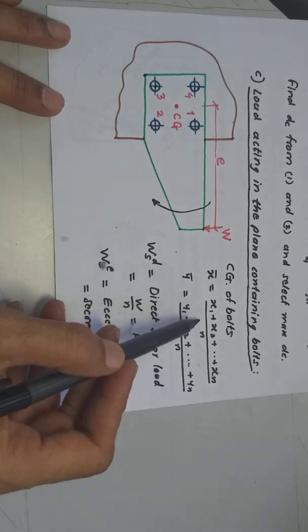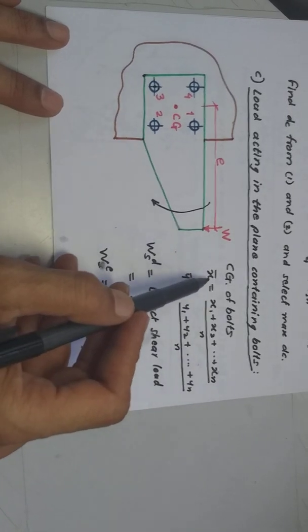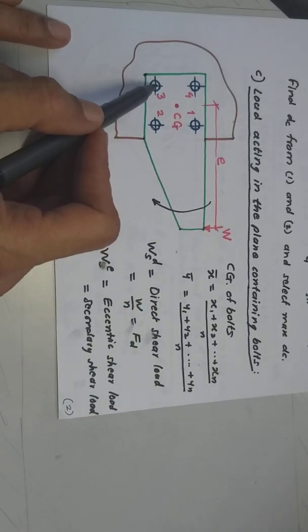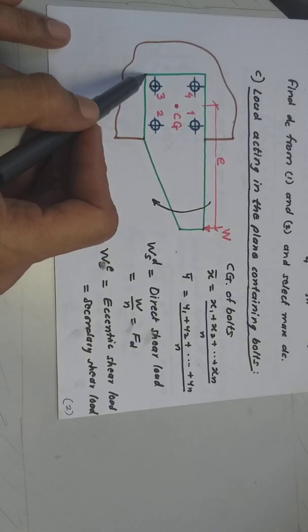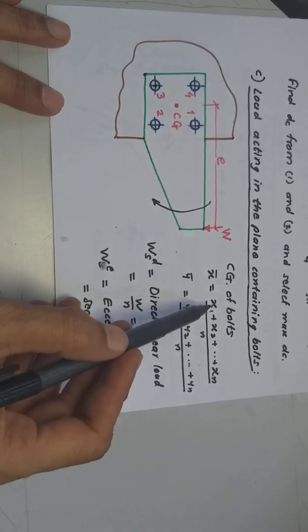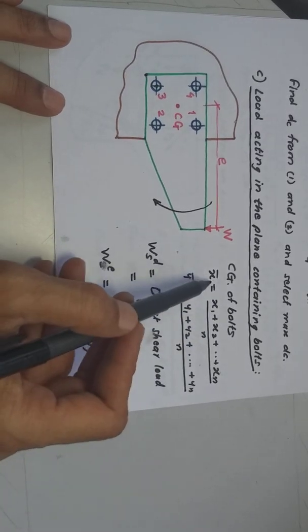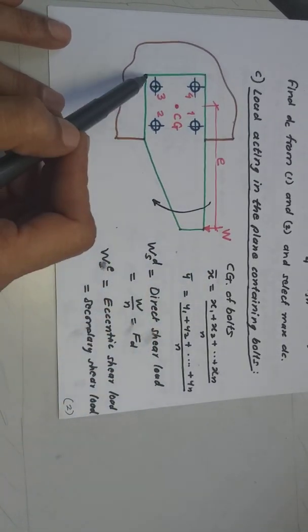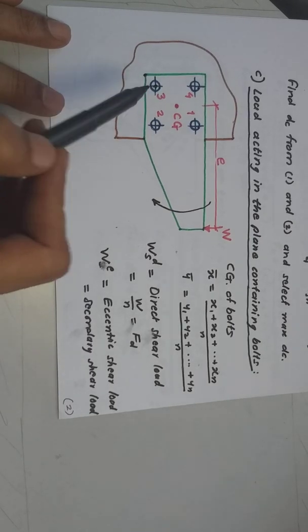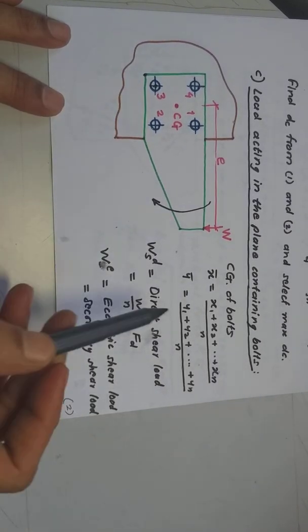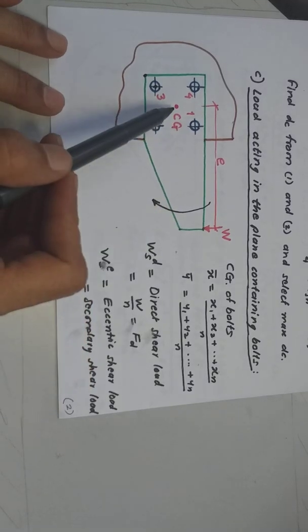We are still going to work in the same way, and as a result you will find x bar, which also is to be measured from the reference point. So you decide which is the reference point, either this or this, and from that reference point you measure the distances x1, x2, etc., and you will get the answer x bar, which also is to be measured from whichever is your reference point. So having done this, you have got the center of gravity location.